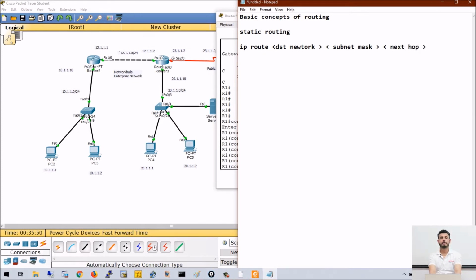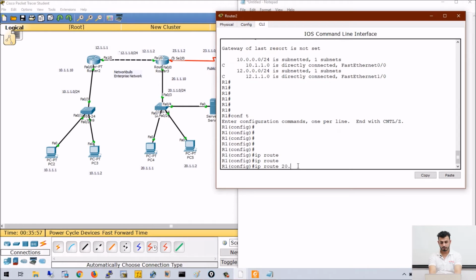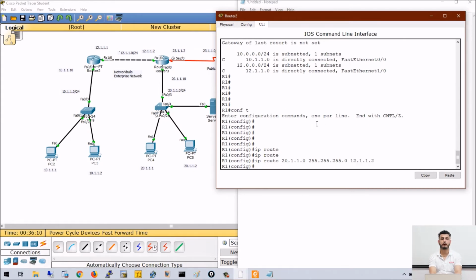Next hop means the next hop address to reach this particular network. On R1 I am specifying ip route 21.1.1.0, subnet mask /24, and the next hop IP is R2's interface IP. R1 is connected to R2 and R2's interface IP is 12.1.1.2. So the next hop IP is 12.1.1.2.